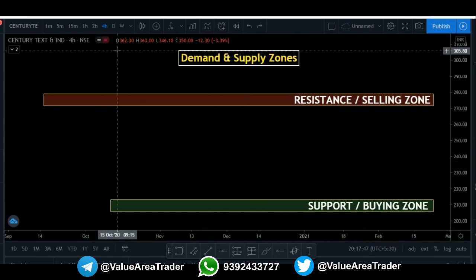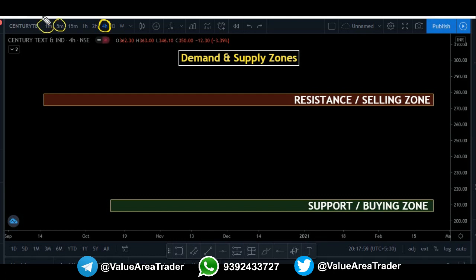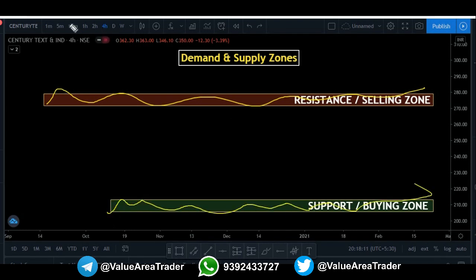So what I generally do is I draw my supply and demand zones in the 4-hour chart, because I am mostly into swings. But even if you are into intraday trading, that is either 5-minute or 1-minute, I would ask you to draw your supply and demand zone in the 4-hour chart, because these demand and supply zones, which you can draw in the big time frames like 4-hour and the daily, will act as reference points when you are taking a trade intraday.